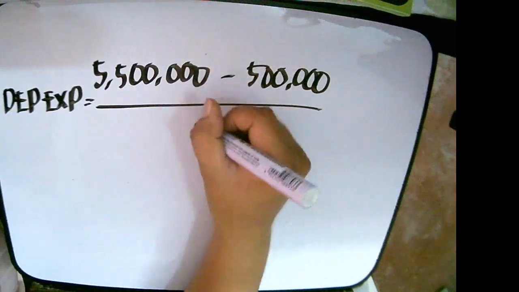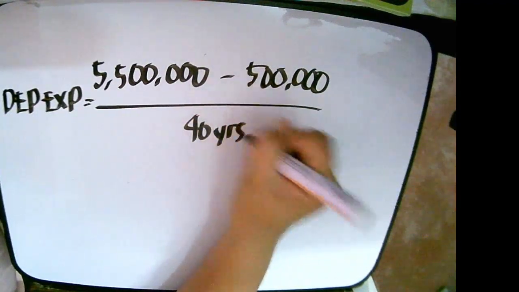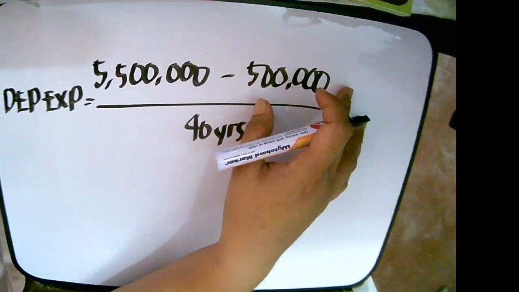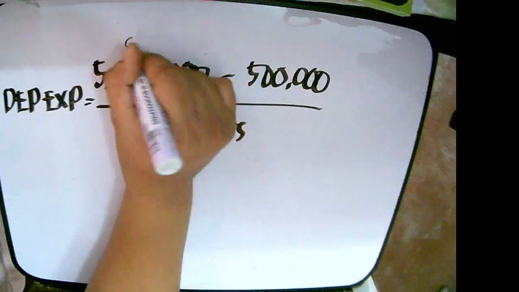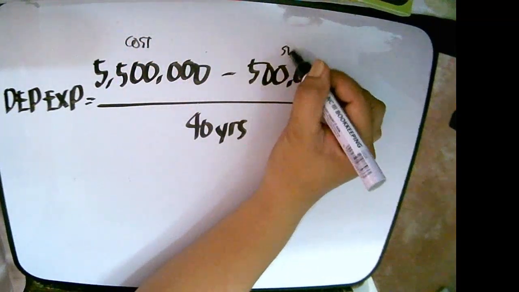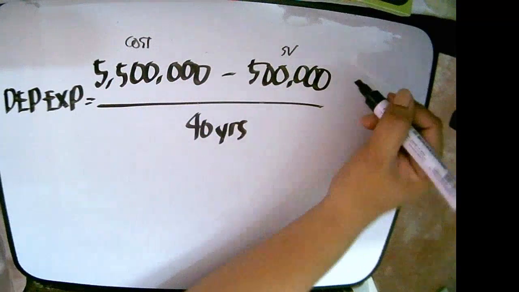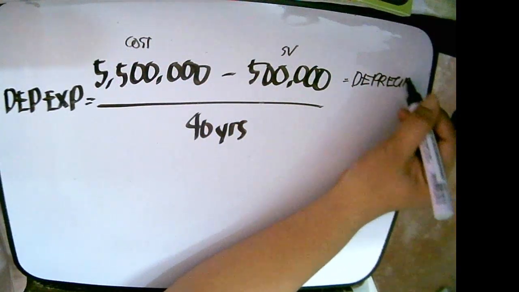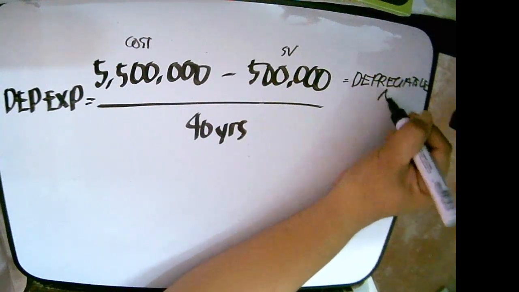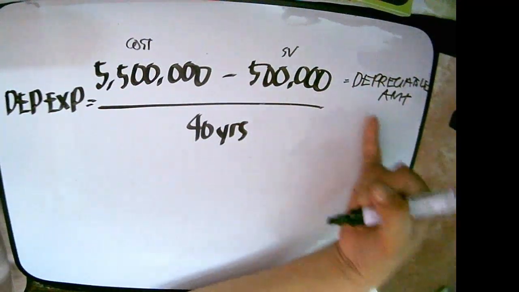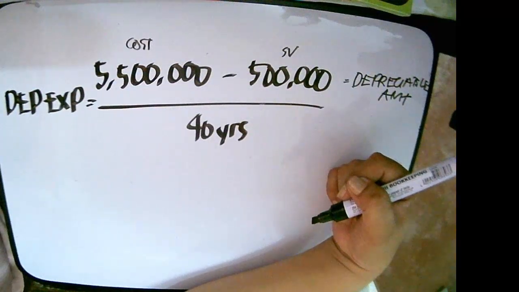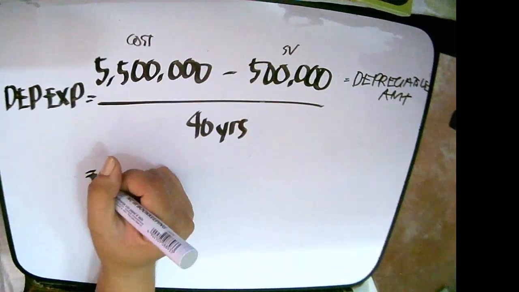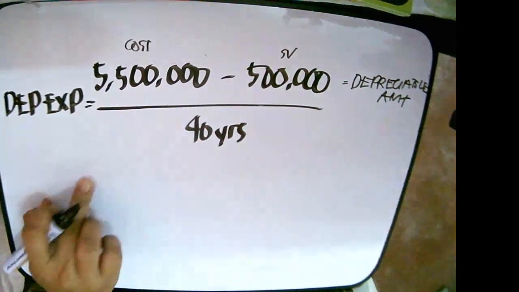Tapos, divide natin sa 40 years. Again, kung baka tanungin kayo kung magkano yung depreciable amount, ito yung cost, ito yung salvage value. Yung answer nitong dalawa, ito yung tinatawag na depreciable amount. Depreciable amount tawag dito. That is 5 million divided by 40 years. Ibig sabihin, yung depreciation expense natin for the year is